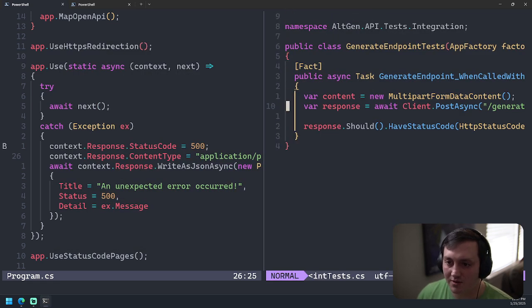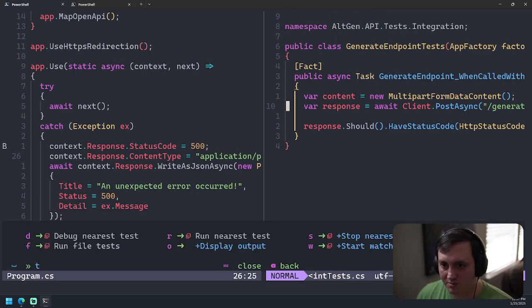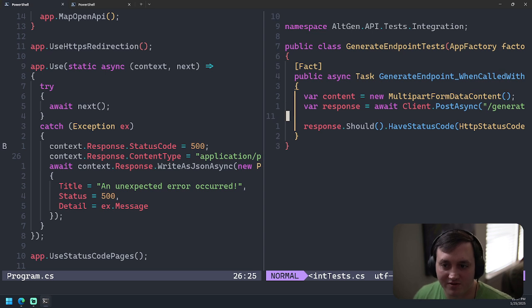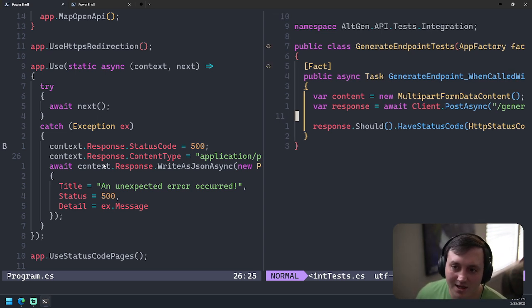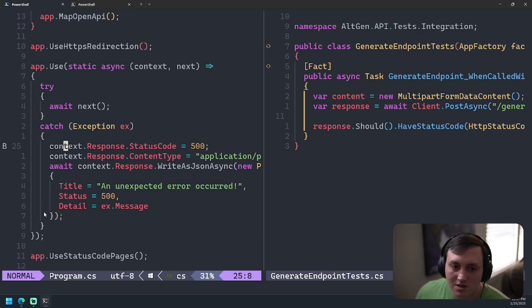Come over here. Now what I should be able to do is still debug this, but whenever that internal server error happens, it should be an exception. It should get caught here. What I'm hoping happens.